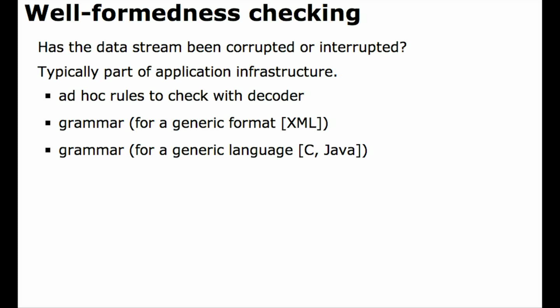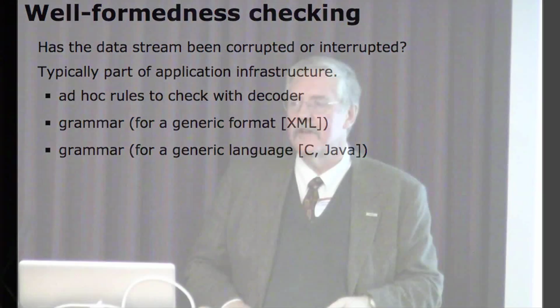In XML, you get a grammar for a completely generic format that is, well, formedness checks the rules that are specified in the XML spec, but not the rules for the particular application of XML. And in the same way, in a typical programming language, you get a grammar that doesn't actually define the programming language, because there are lots of rules it doesn't check. It defines a superset of the programming language, such that